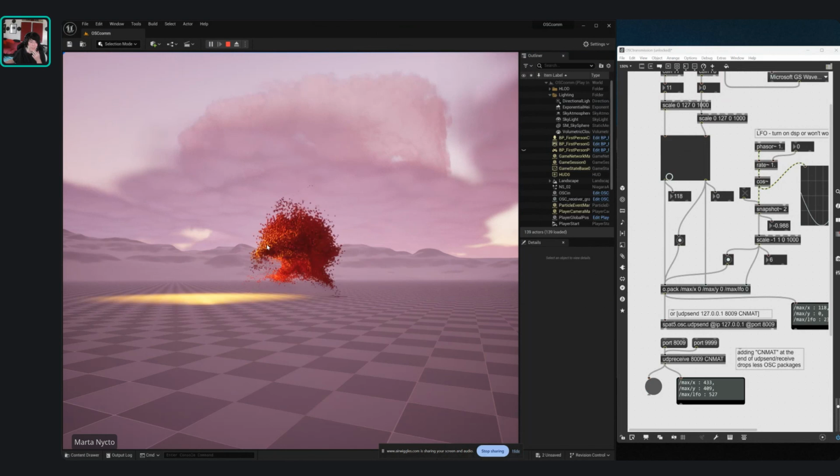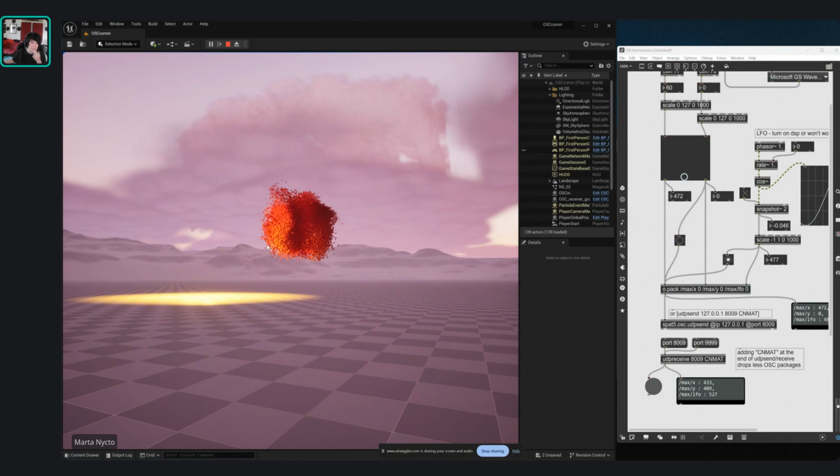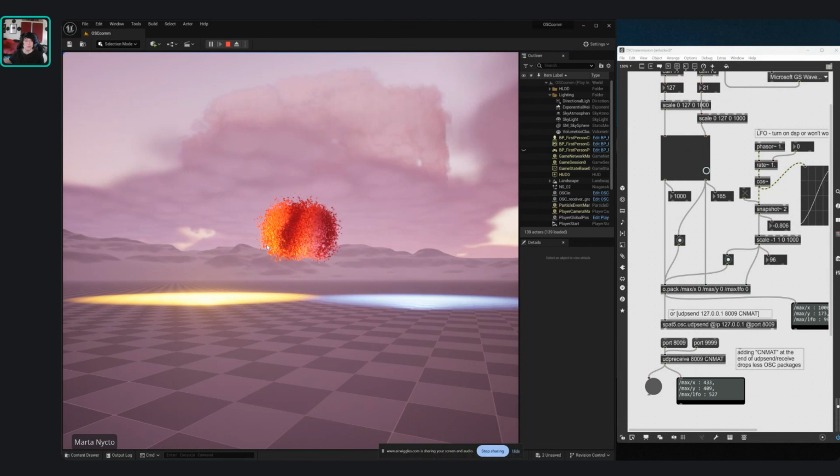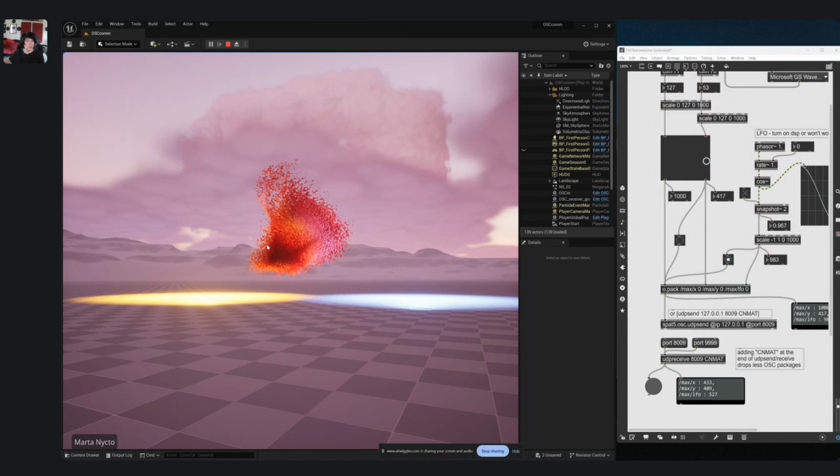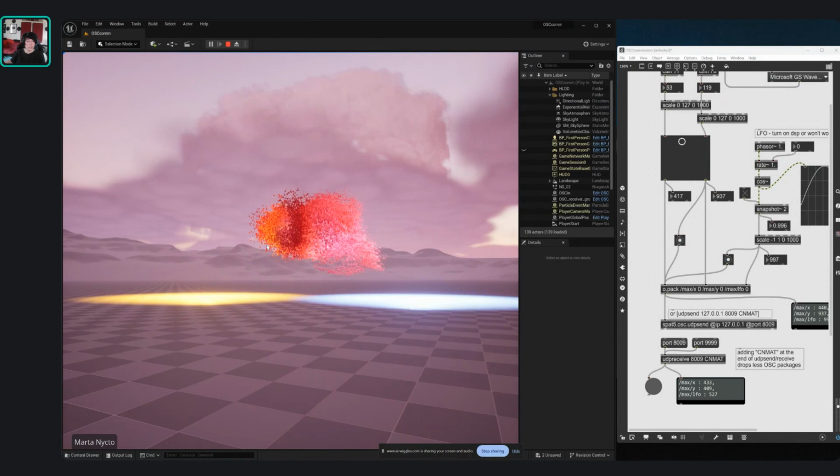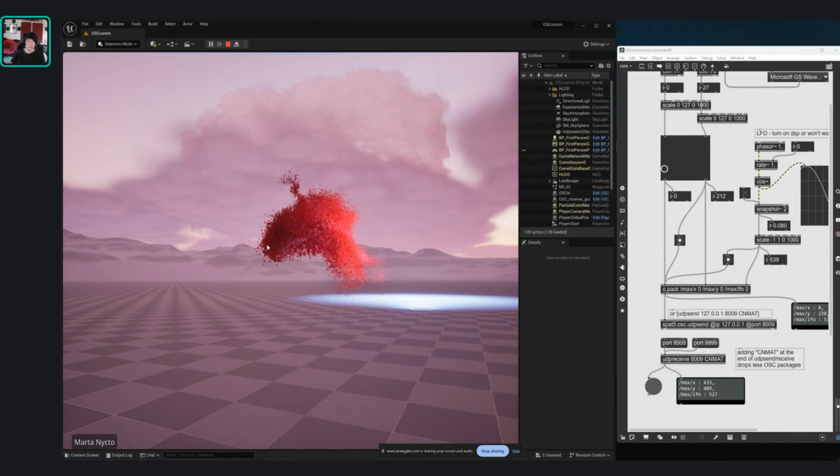But if I start controlling with the x-axis, in this case, you see how the particle behavior starts to change. They are going in circle, and if I also use the y parameters, they change behavior as well. So I can play with this and have them